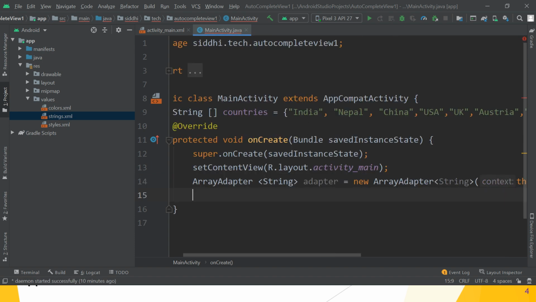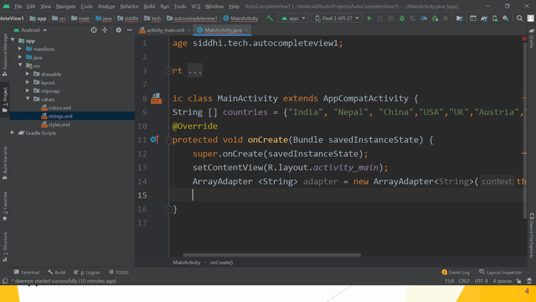So first create the ArrayAdapter class object and assign it the drop down item layout as well as the string array object, that is countries here.